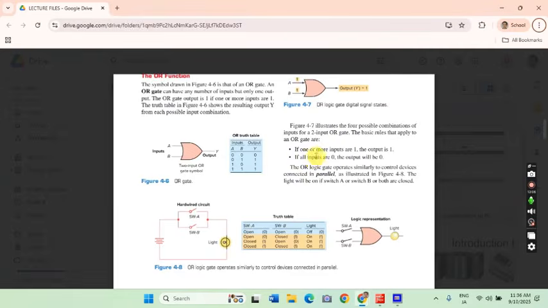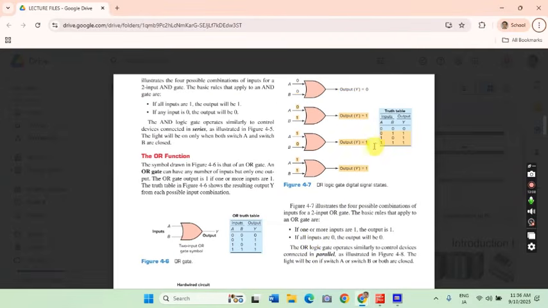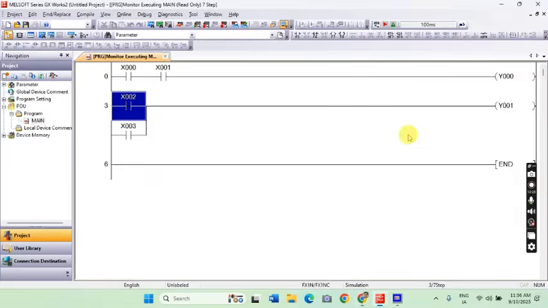So based on our truth table, if any of the inputs has a signal of 1, or for our switch A and switch B, if any switch is switched on, our output will be 1, or our light bulb will be turned on. Okay. Let's try switching the X2.